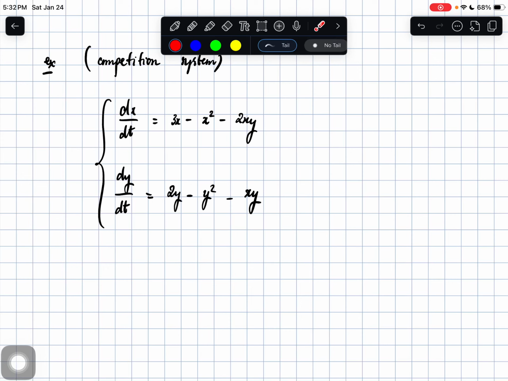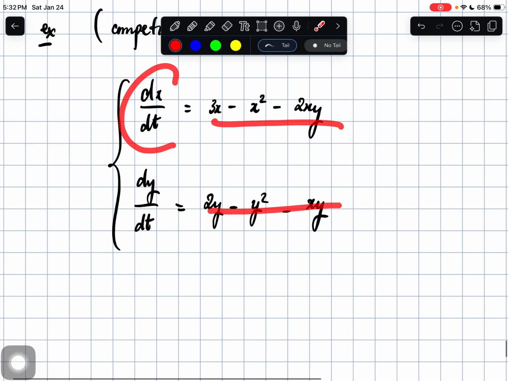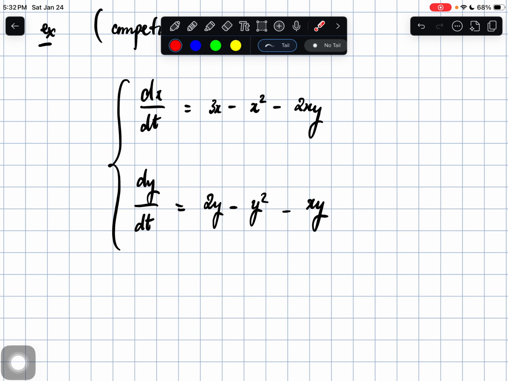Here we have an example of a competition system. We have two populations of two species X and Y. You see that both equations for X and Y are logistic, so we have the term x squared and y squared here. So it's limited by itself. For example, we can have an upper bound for the population,